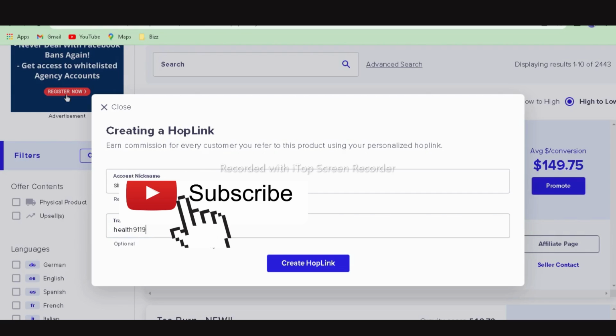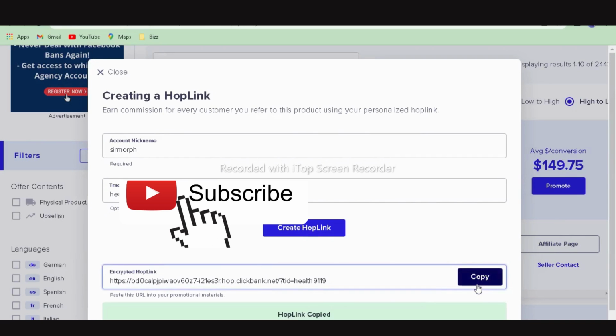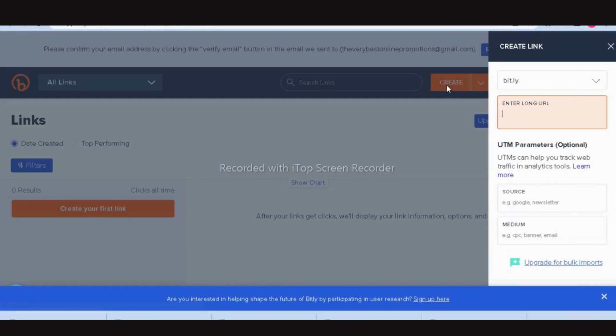When you go to the affiliate marketing page and you choose to promote a product, they will give you a link that is very long. You'll need to shorten this link, so you copy the link from here, and then we go over to bit.ly. Now you paste the link in this box here,